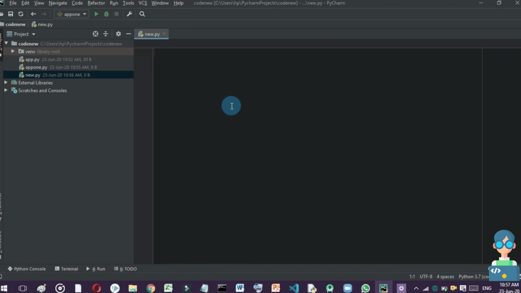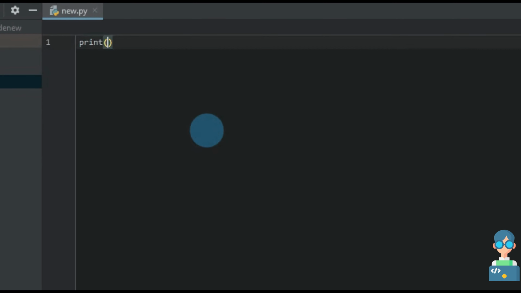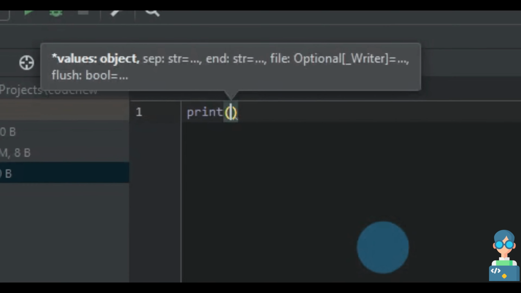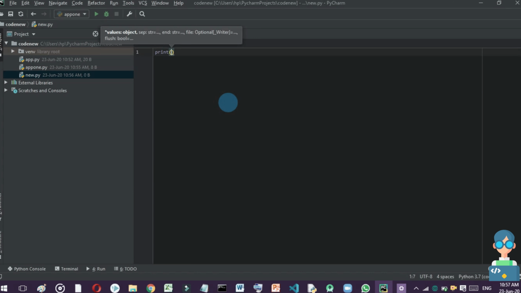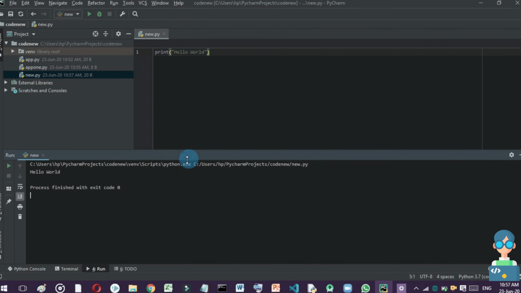The first code that we write in any programming language is a hello world program. In this program we print a hello world text in the console. Python has a very simple syntax, so we write just one statement, that is print. Here you can see that we have got a built-in function, print, and after clicking it we will get two parentheses. Here we write what we have to print, and I will give two inverted commas and write hello world, and after writing it we will just run it. After running you can see that we have got hello world.